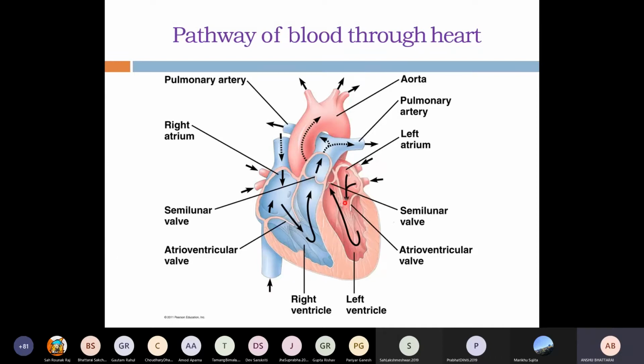Right, and from the left atrium, it goes to the left ventricle, and then it passes through the aortic valve, and through the aorta and its branches, it is distributed all over the body's organs and tissues. So this is the basic pathway of the blood through the heart. There are many things that you need to know over here, which you will learn later when you are learning the cardiac cycle, about how all of these contractions take place, what is systole, what is diastole, all of that. But this circuit you cannot forget. Okay?